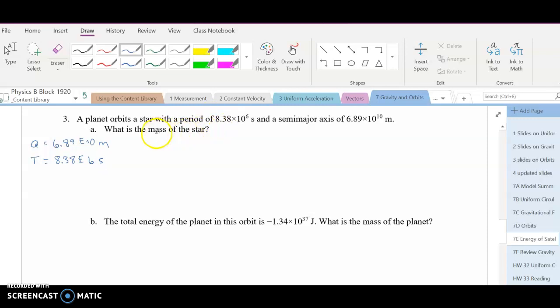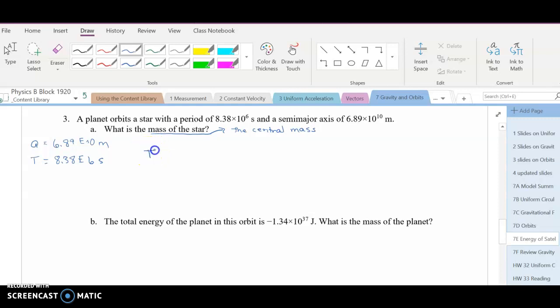So that is the central mass, or the larger mass. So since the information we have to deal with here is period and semi-major axis, it